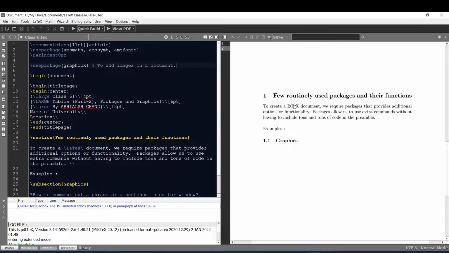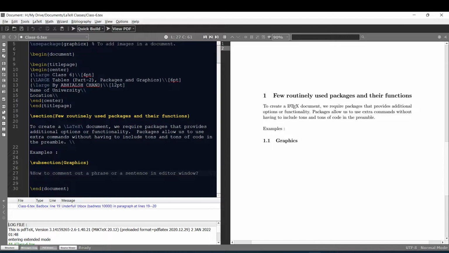So we use the graphicx package to add images in a document. Commenting out some phrases is very useful because after a while, when I come back to this text file, I would exactly know the functionality of the graphicx package. Now let me go back to my document environment.